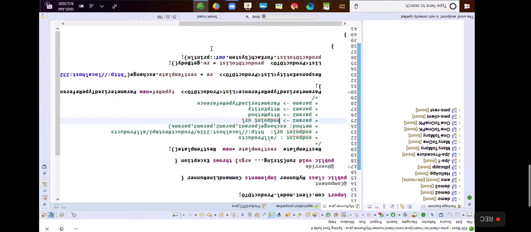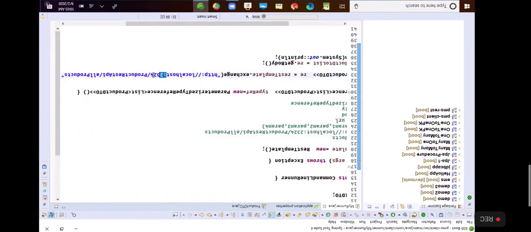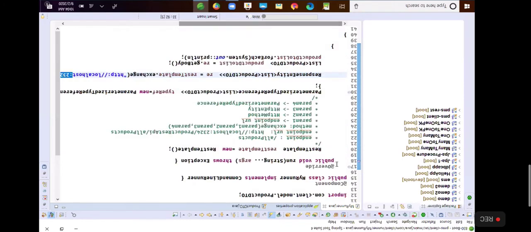But one more thing, only one endpoint we are calling, the all products endpoint. But actually, to call this endpoint, this server must be running. If the server is not running, for example, if the 2324 server is not running, then you are going to get a connection exception. First see, actually there is no 2324 server running now. Okay, the server is not running now. Let's run this, my runner. Let's run this client application.